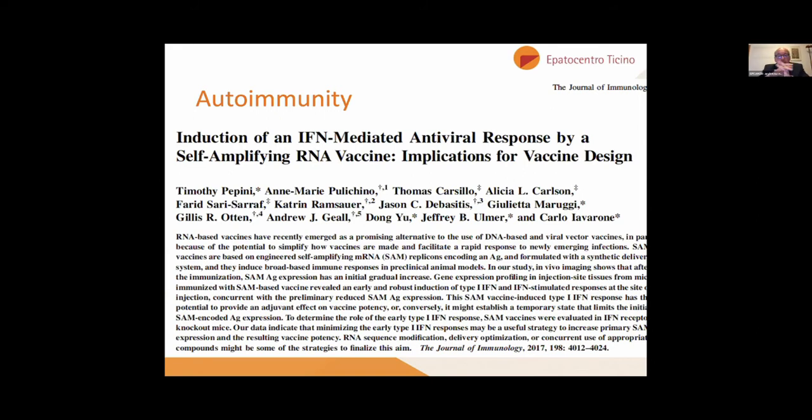Let's talk about autoimmunity. There is, of course, if you have a strong immunological stimulus, as we have seen, which is quite obvious in man, obviously a concern about the triggering of autoimmunity. I would like to show you this paper, which isn't really totally the same as what we are using in these two anti-COVID-19 vaccines. This is data from